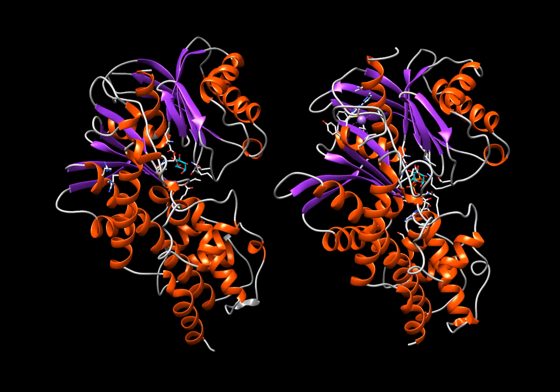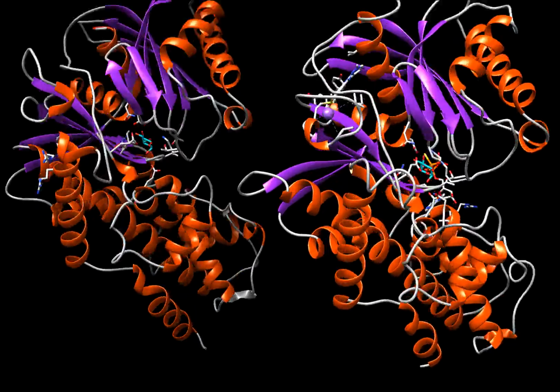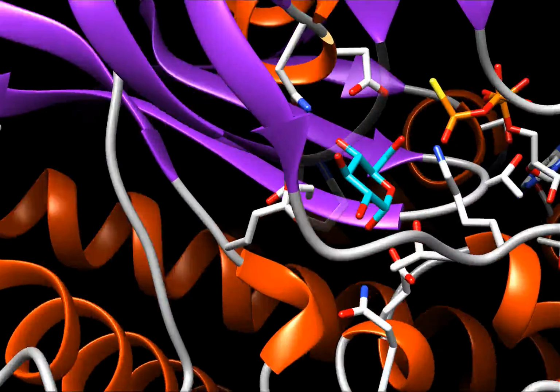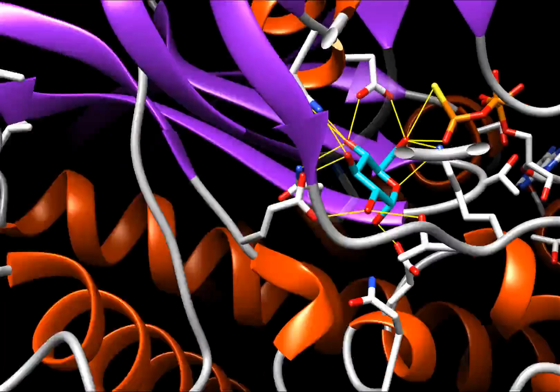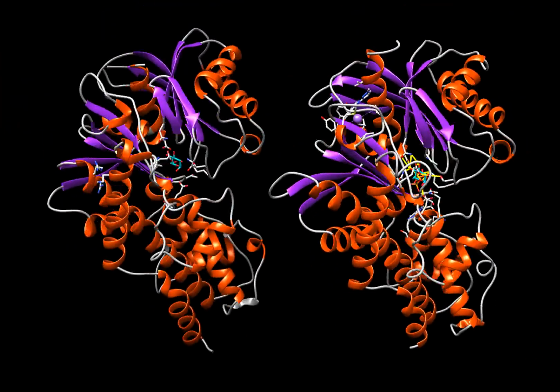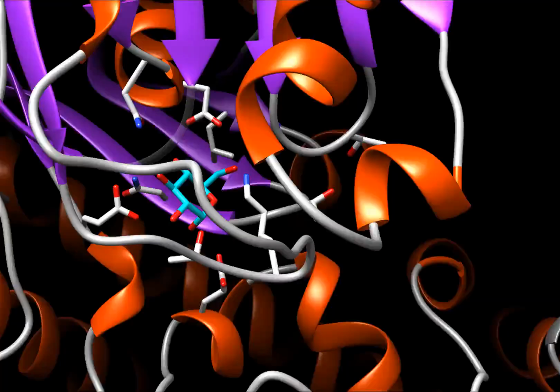Okay, so let's go ahead now and examine these active sites in a little bit more detail. Let's start with glucokinase, which we've seen in the previous video. As we saw before, the enzyme creates a very attractive binding site for glucose. It creates many hydrogen bonds between the enzyme and glucose, which creates a lot of substrate specificity and a high affinity interaction. If we do the same thing and look at the active site of hexokinase, we see a very